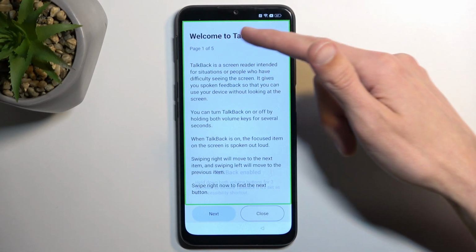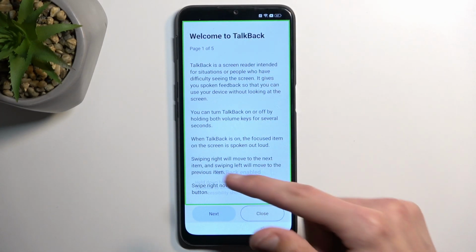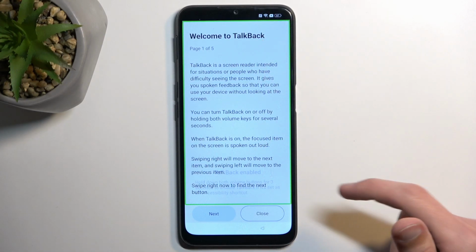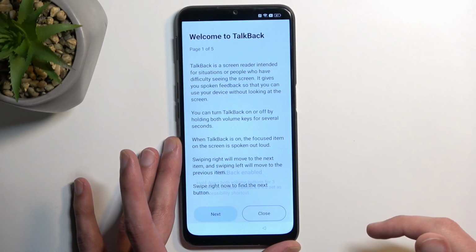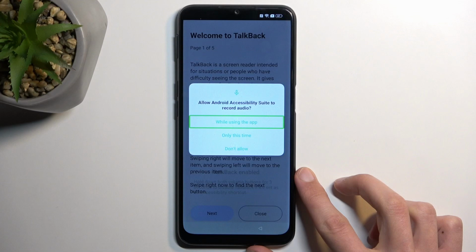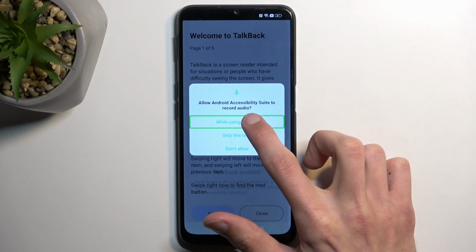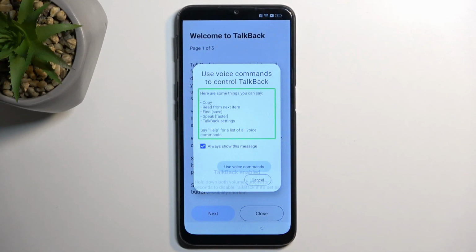So when you have the text selected, you want to draw a mirrored L like this on the screen. This will bring up a window. So double tap on the first option, while using the app. Then single tap use voice commands. And before we double tap on it, I'm going to quickly explain what we need to say, because this will need